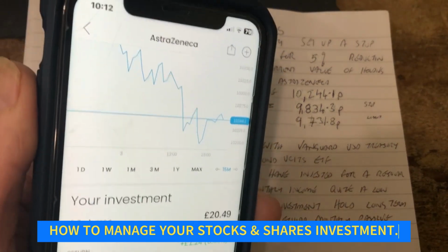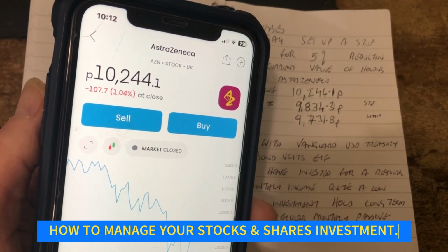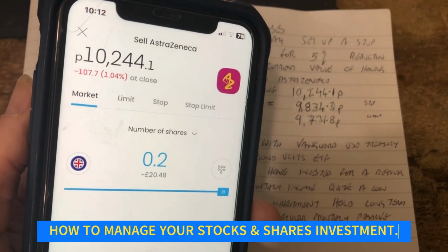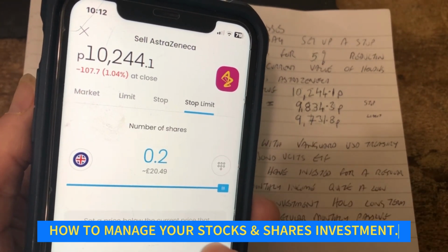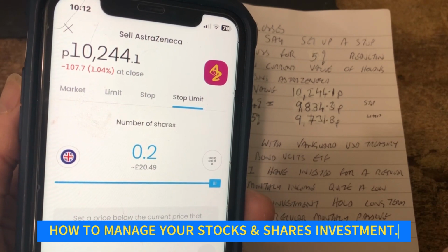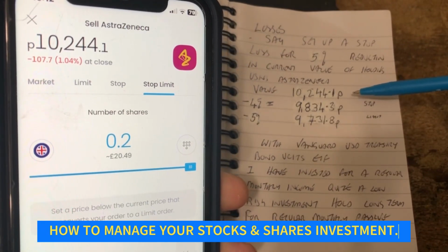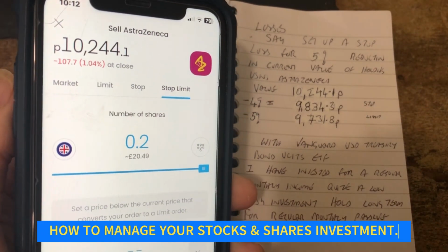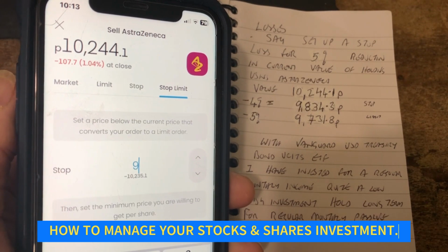So I will show you real time how to set this up using the Trading 212 app, but this principle works on most portfolio holdings depending on what platform you have. So you go to sell, the number of shares is 0.2, and I'm going to go for a stop limit order, and I'm going to put the stop in. The stop price is the current price that converts your order to a limit order. So if the price reduces from the current price of 102.44 by 4%, which is 98.34, an order will go out to market. So I put the figure in, 98.34,